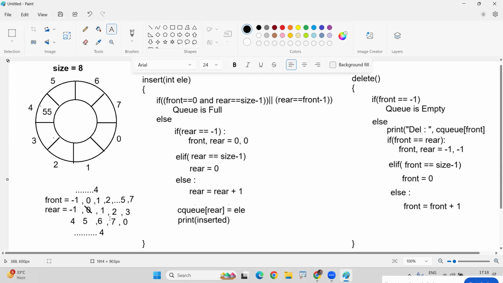I already told you that whenever front and rear both are equal, when this position comes, that means the queue has only one element. That is the last element in the list. So simply to understand,